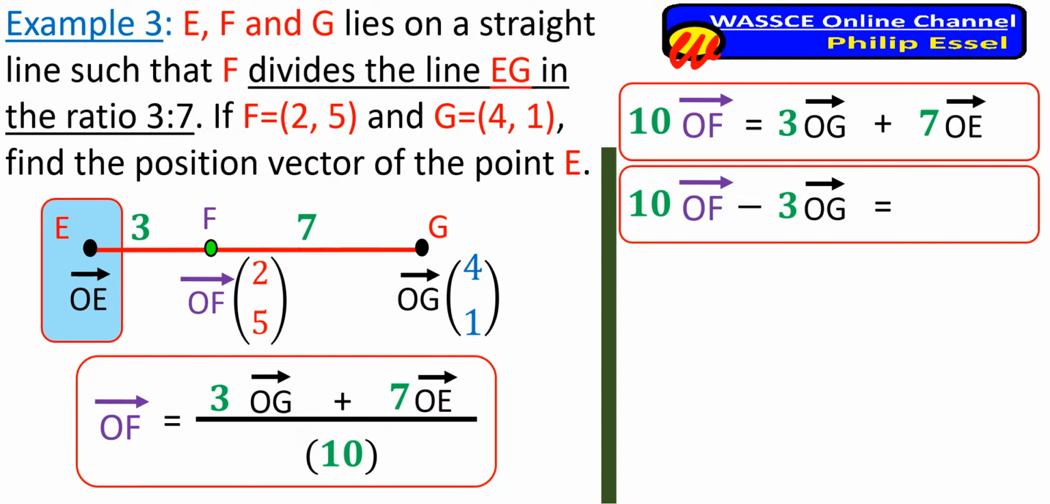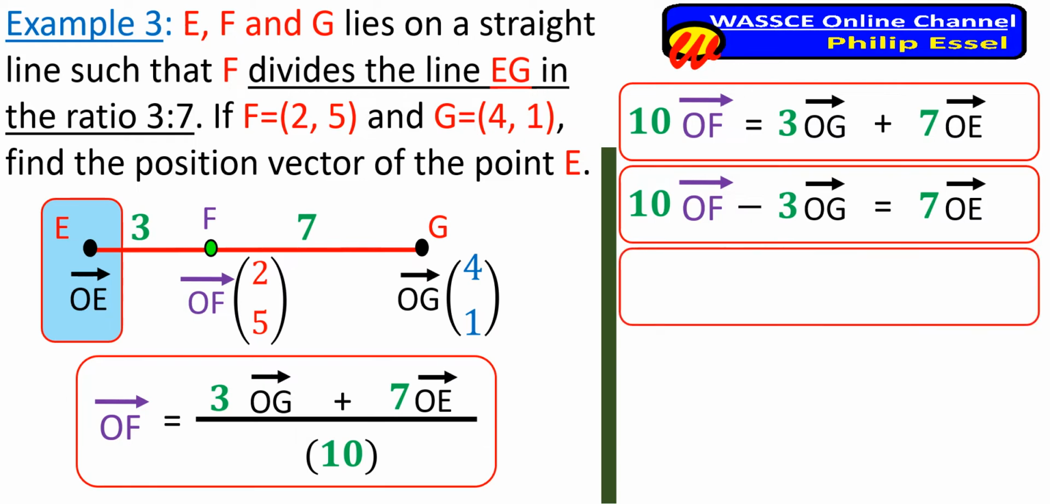This will be equals to 7 vector OE. Now at this point, all we need to do is to substitute our vectors into the equation. So let's quickly do that. We have our 10 multiplied by our vector OF, which is 2, 5, minus 3 multiplied by the vector OG, which is 4, 1. This will be equals to